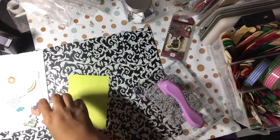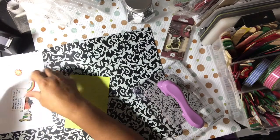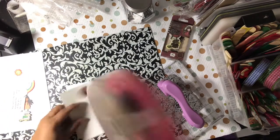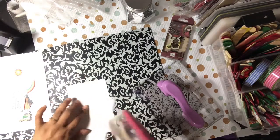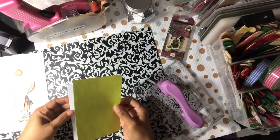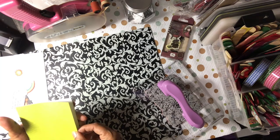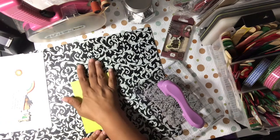So what we do is, like I said, we pick different topics and different things that we like to do, and we challenge ourselves to do it. We've done cards, we've done rosettes and ATCs and ICADs. Now we're doing ICADs. We've done inchies and twinchies and scene cards, and